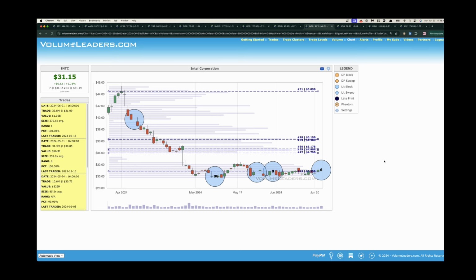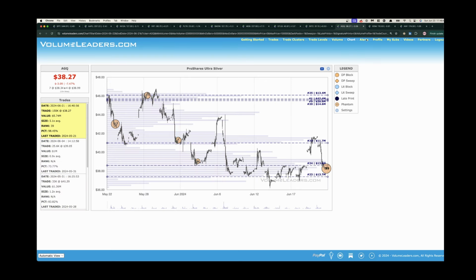Intel has not done well over the last year or so, and I think a mean reversion play here might be in order. So then we have AGQ. This is a 2x leveraged index on silver. And this one's interesting because, as we've talked about before, you can usually see where these